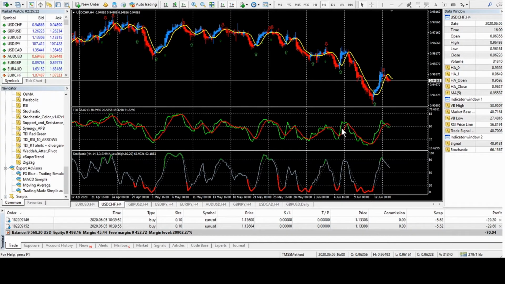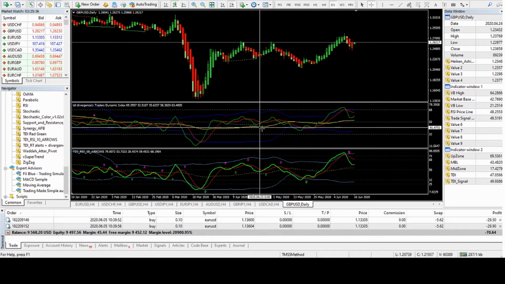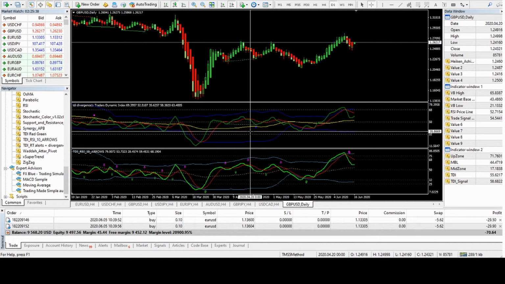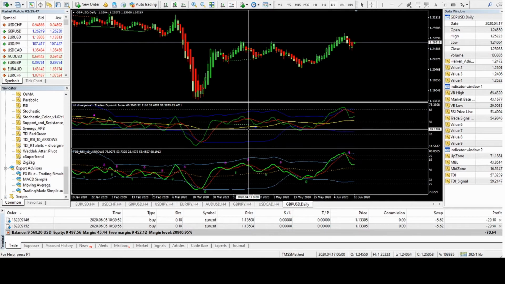Interestingly enough, here it says the RSI price line. So he stripped it down, and now all he's looking to do is take the crossovers. Now, the indicator that I have here is an updated version of the TDI. This one has divergence, and if you remember in a video that I had in the past,